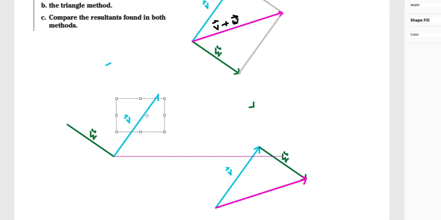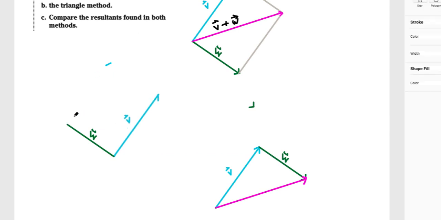But if I put this here, will I get the same vector? That's really the question that I want to answer. And you'll see, yes. So it doesn't matter the order. Notice that we get all three of these pink lines look the same. Doesn't matter the order. You just got to make sure you know what you're doing, not like I was doing